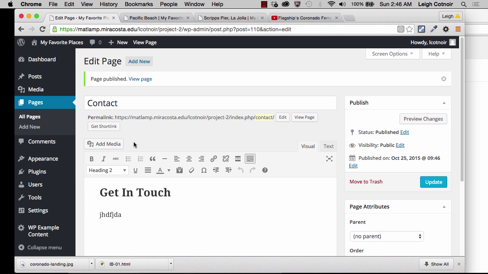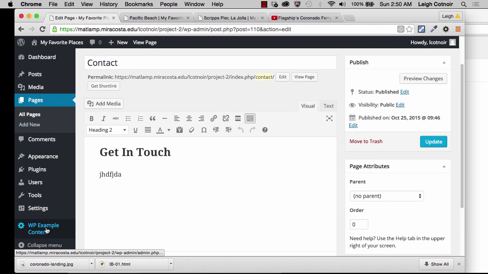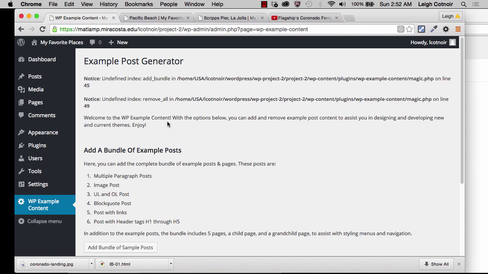This is where it's really important that you start thinking about looking for themes that are actually going to work for you. But before we do that, one of the things that we really should consider doing, now that we actually have real post content and real categories, is going back into our plugin for the WP example content. We should remove those other entries, because the only reason that we were using those is because we didn't have any other content to see what the styles were